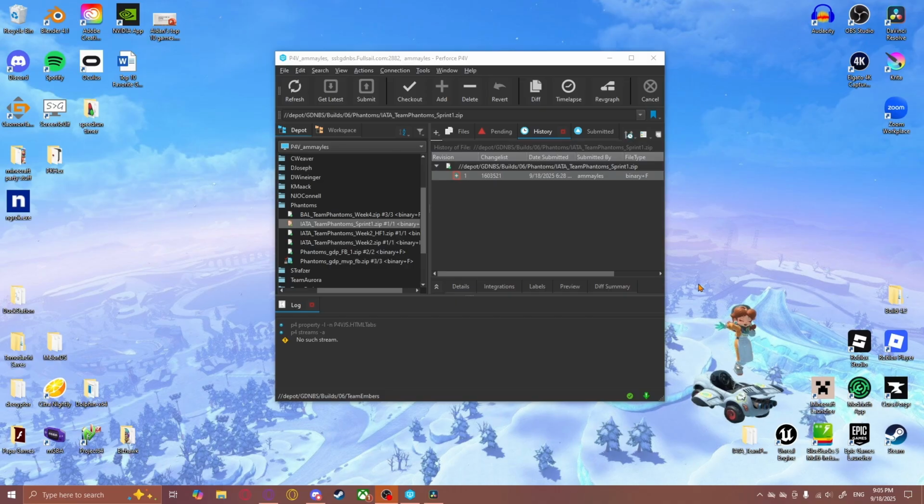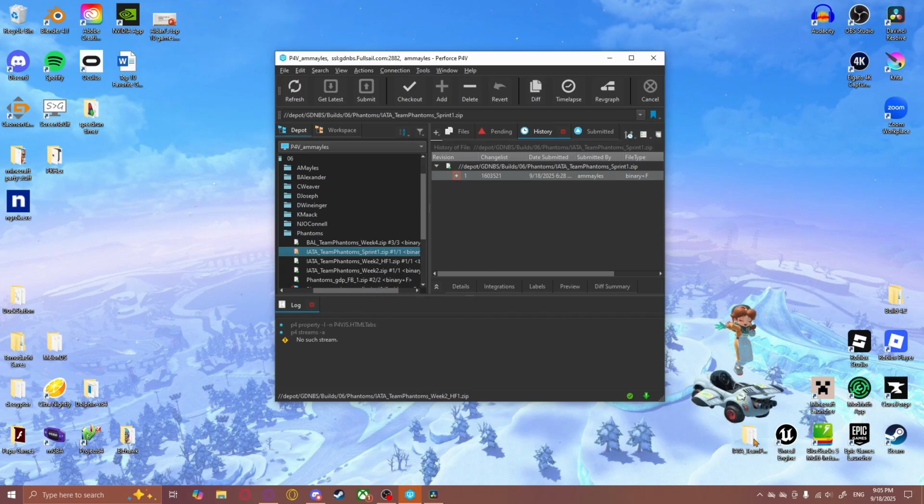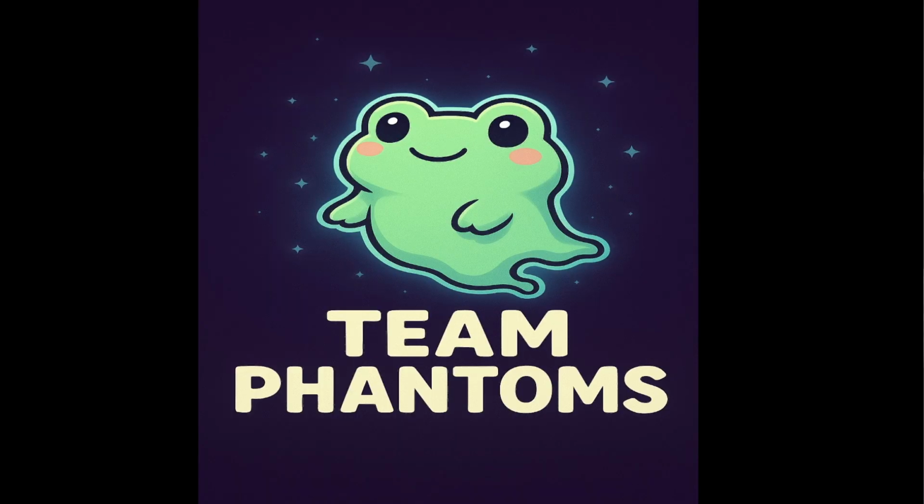Hello, Maiden Males, and today I'll be going over the tasks that I've completed for Sprint 1. The build I'll be using is in the builds folder on Perforce, under IATA Team Phantom Sprint 1, and I already have it exported here, just so I don't have to show the whole export process. And just to show that it's opening up,